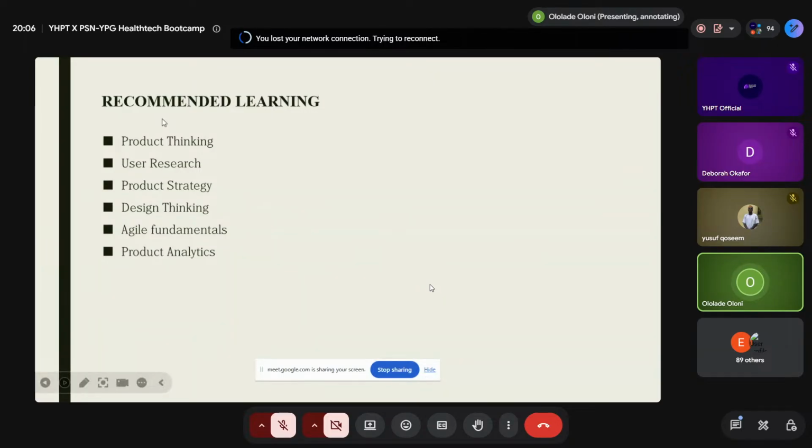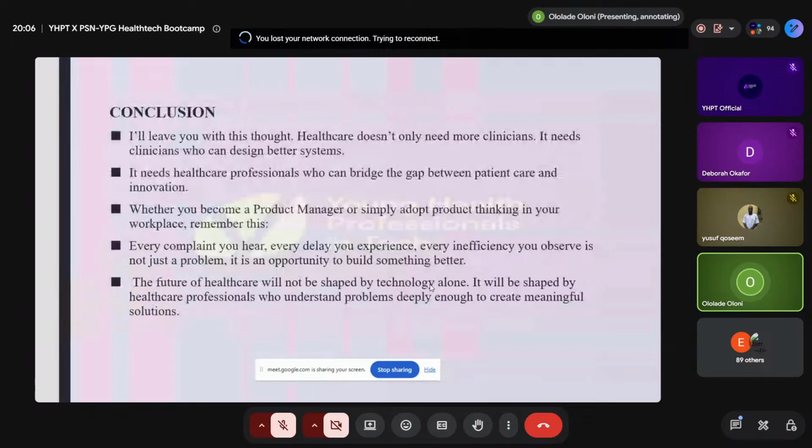So in conclusion, I'm going to leave you with this thought. Healthcare doesn't only need more clinicians. It needs clinicians that can design better systems. It needs healthcare professionals that can bridge the gap between patient care and innovation. So either you become a product manager, or you simply adopt product thinking in your workplace. Remember this: every complaint you hear, every delay you experience, every inefficiency you observe, it's not just a problem, it's an opportunity to build something better. The future of healthcare alone